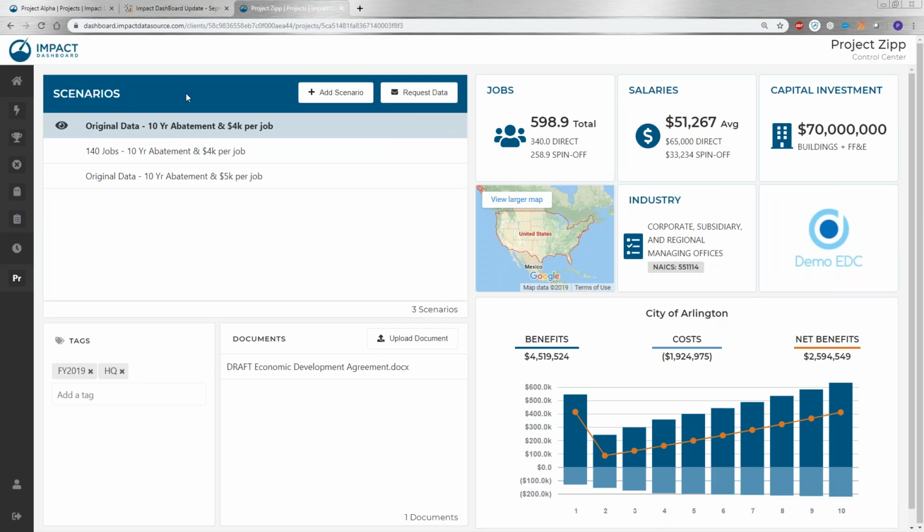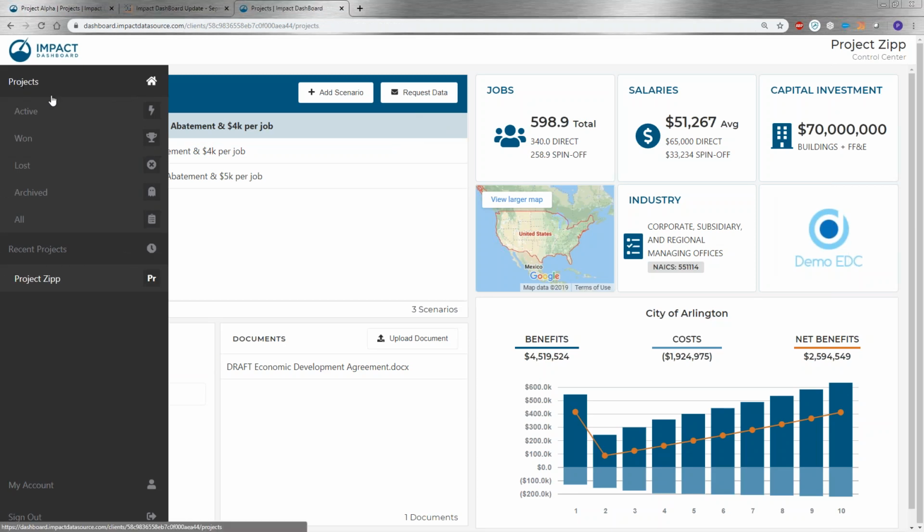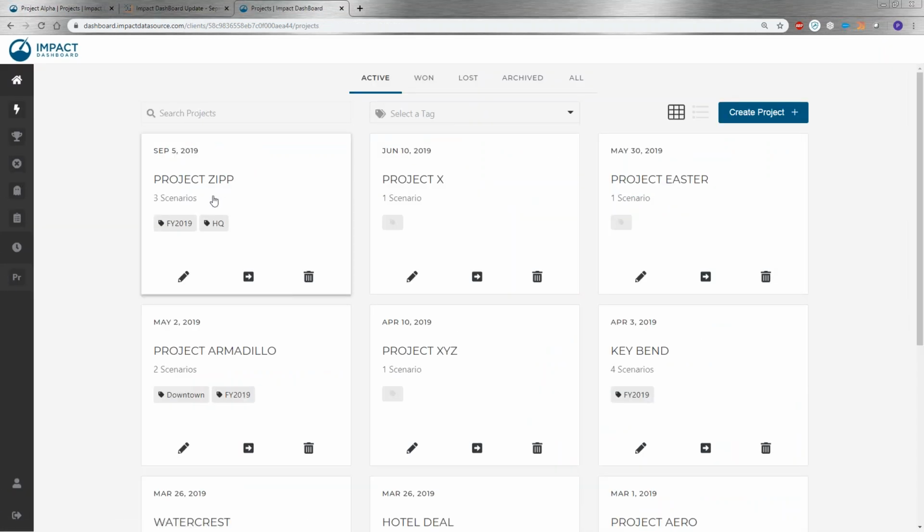And as I go back, I'll step out even further here now to the list of all of our projects. We can see we can do this within each one of the various projects we might have throughout the year. So we might have multiple scenarios, say 3 scenarios for Project ZIP. These other projects, you can see I've got a number of scenarios and a number of tags. So this list of all of our projects is just a way to organize things so we can identify project outcomes,